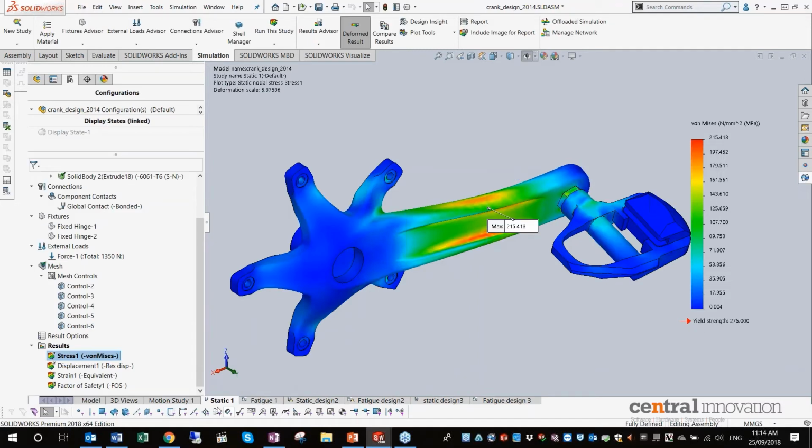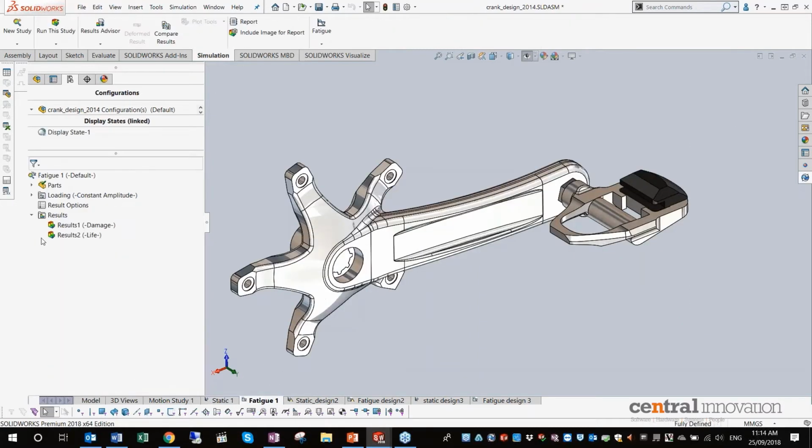After creating the fatigue study, you'll be provided with such a window. You're not going to define the fixtures and contact sets anymore. It's going to read all of them from the initial static study that you had. Well, one important thing within a fatigue study is that when you apply your material,